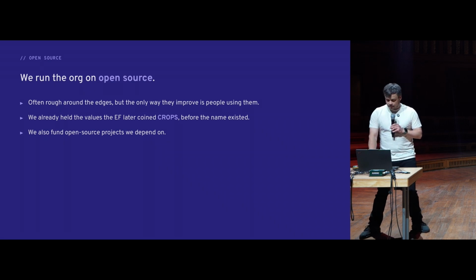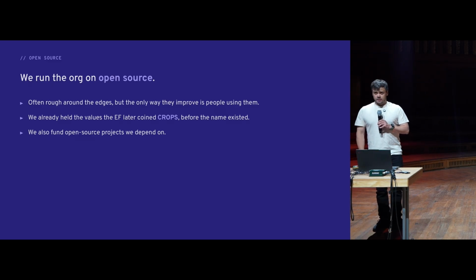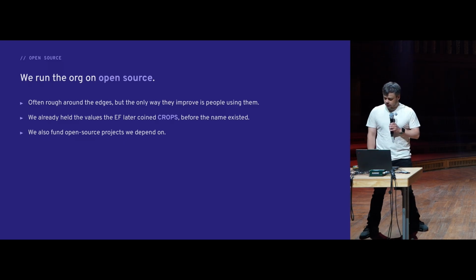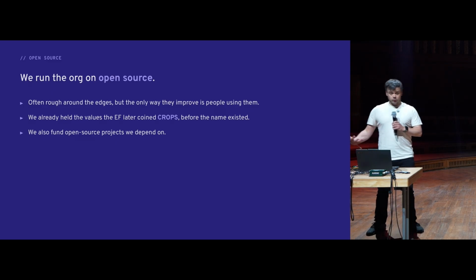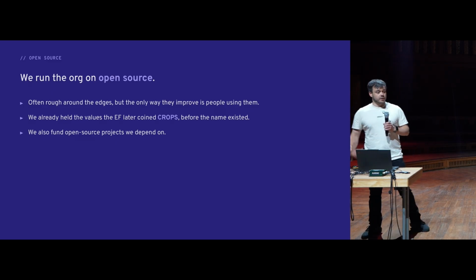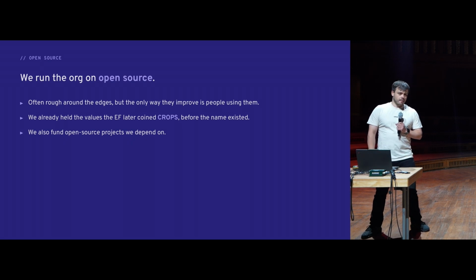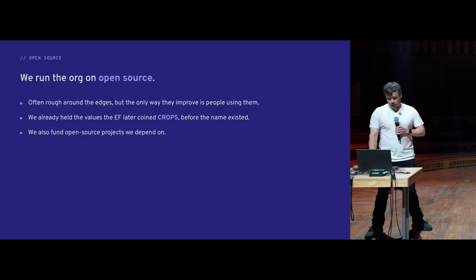And we definitely also subscribe to a lot of the values that the EF recently coined CROPS. We've been doing it since we started out in Argo, and if we're not the ones doing it, then who is? And lastly, we also give some grants out ourselves to some of the open source infrastructure tools that we actually rely on. So recently we gave a grant to a team that is helping build ethdebug, for example.